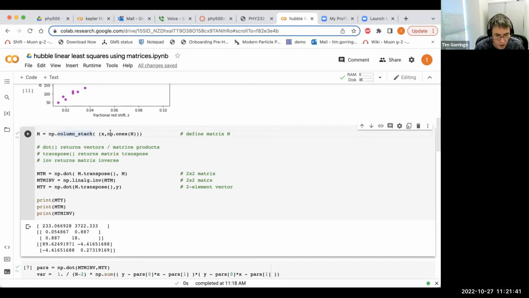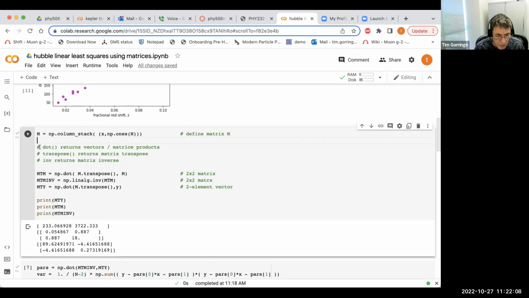Now I got two columns. One is the independent variable. So here's the independent variable X. And the other one is just a corresponding set of ones. And so that here is the vector, the array containing a corresponding set of ones. And so this simply builds my matrix that I need for this scheme for solving for the parameters and their